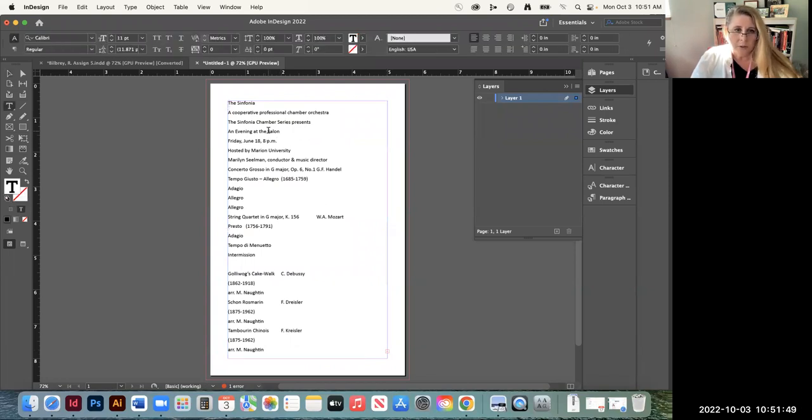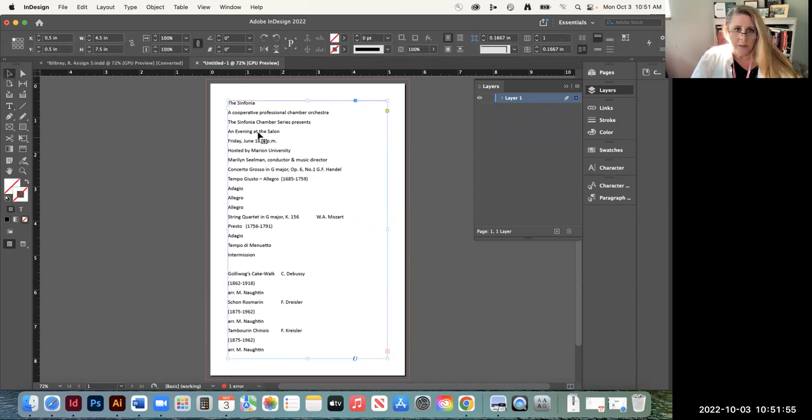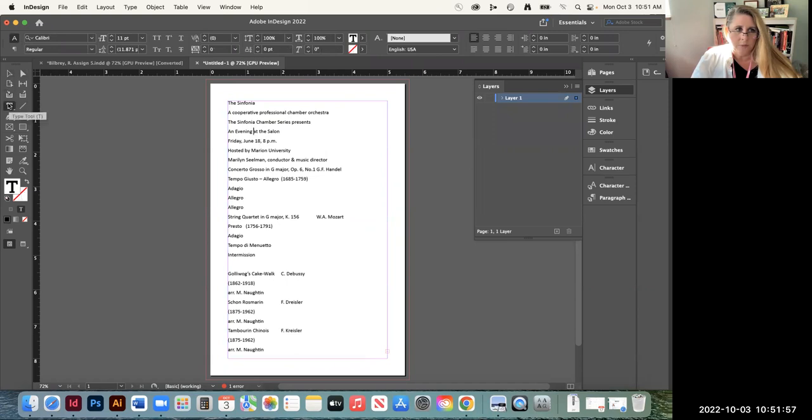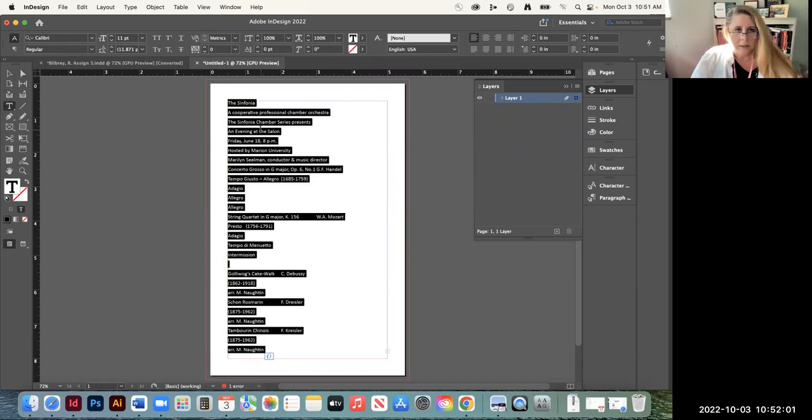Now, first things first, we do have a problem with the paragraph spacing. So I'm going to put my cursor in here. And in InDesign, you can just simply double click and it'll turn into the type tool. So I'm going to click Control or Command A, select all the text. This even selects the hidden text. And then up here at the top,